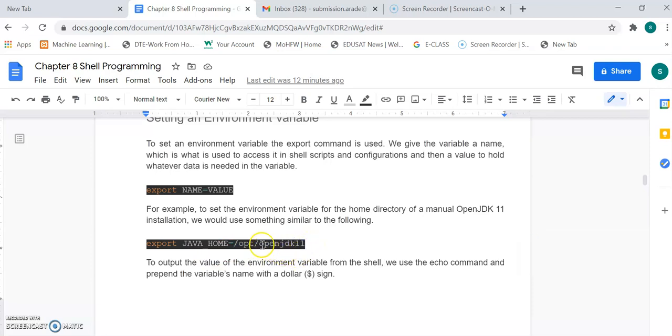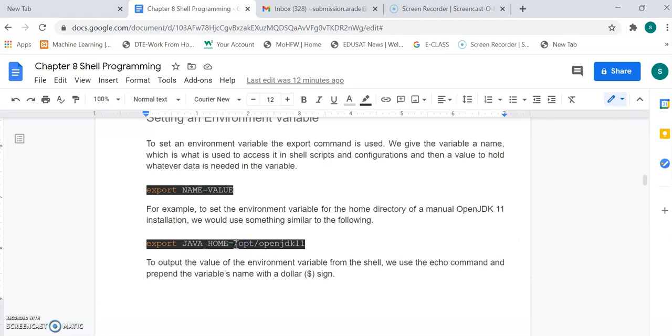Now this OpenJDK is an open source JDK. Currently for Java programming, I think you are using Oracle JDK. This is another, different OpenJDK available as open source. Oracle JDK is also open source, and you can download that one also. But in this example OpenJDK has been downloaded and installed. We just have to set the OpenJDK 11 path as JAVA_HOME.